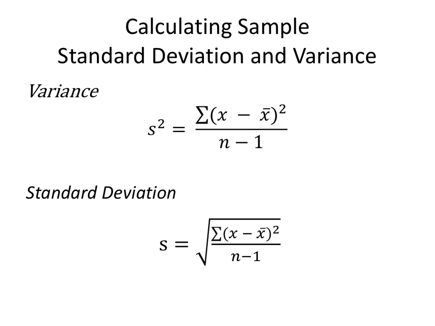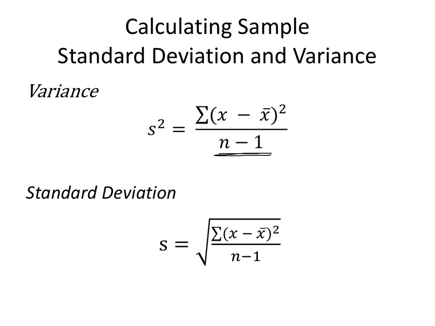To find the standard deviation and variance for a sample, the formula is just a little bit different because we have to account for the fact that when we're working with sample data, it might not accurately reflect the entire population. So if we use our sample mean, because we don't know the entire population's mean, we might have a little bit of a difference in our calculation if we use our formulas for population standard deviation and variance. So to make up for that slight difference, in our denominator, we have n minus 1